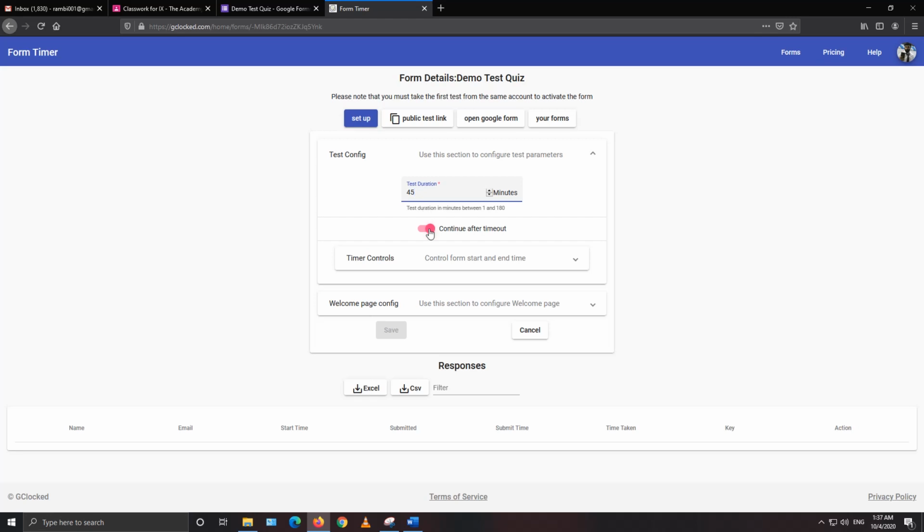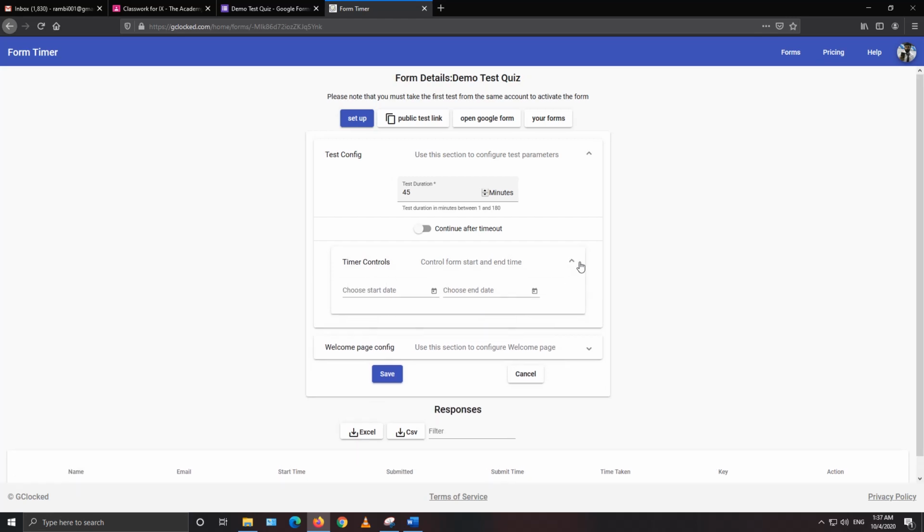And also I have to untoggle this bar as well, so that they will not be able to continue the test after the timeout. Once I'm done with the test config time setting, you can see the time control over here, so I will press this one. Here you can choose the start date of the test, and end date as well.